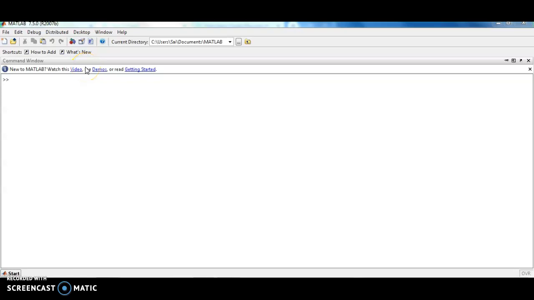Today we are going to discuss the control system laboratory, that is the 8th experiment, the study of P, PI and PID controllers. As we know, P means proportional controller, PI means proportional plus integral controller, and PID means proportional, integral and derivative controller. It is a software experiment, the 8th experiment in the control system laboratory.